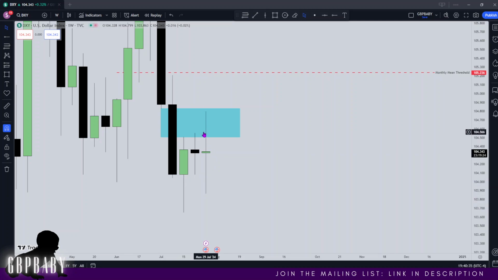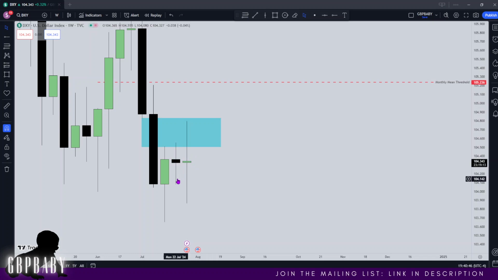But like I said, we're expecting the high of the month to get made earlier on, which is why I'd like to think that we can start to see a continuation higher to this monthly mean threshold. So what does that mean for non-farm payroll? Well, now we need to start thinking where the lowest we want to see price trade is, and then based off that we can start to frame a potential